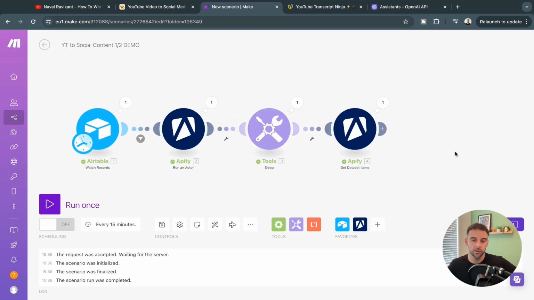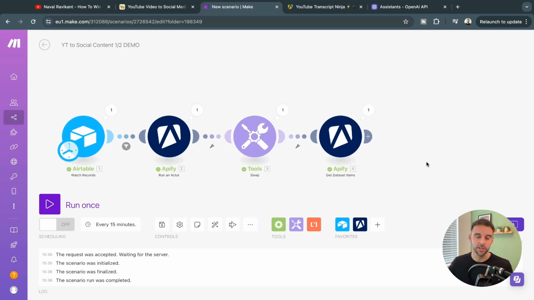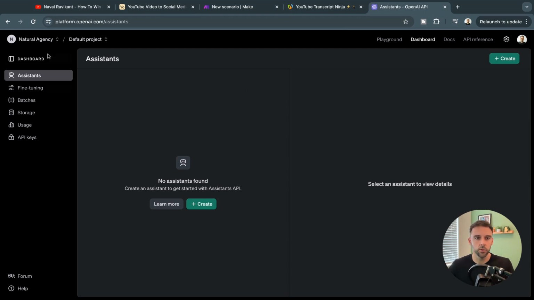So now that we've got the transcript to work with, what we actually want to do is pass that over to ChatGPT so it can create our content. So let's start that process. I'm going to come over to ChatGPT and I'm in the developer platform here, which is what you're going to need to use to create the assistants. So you can access that at